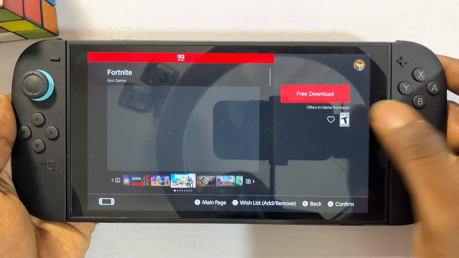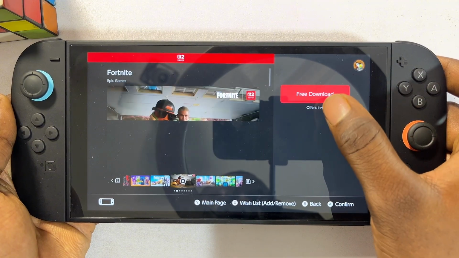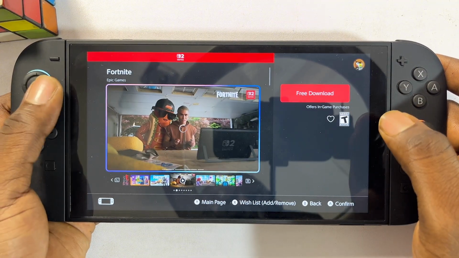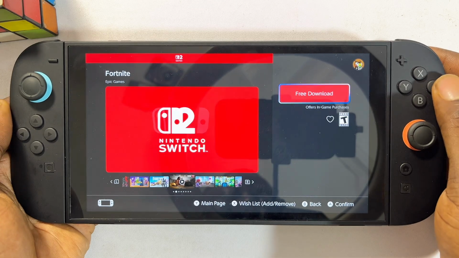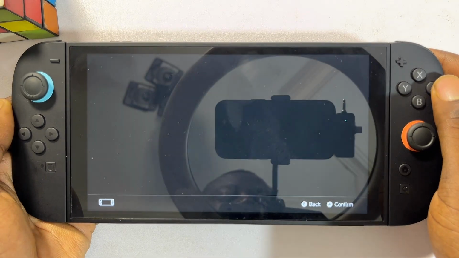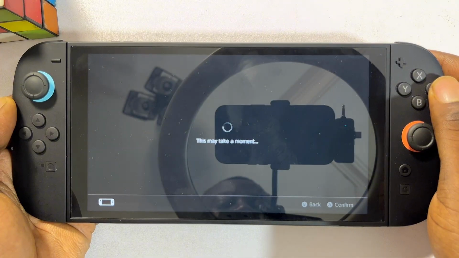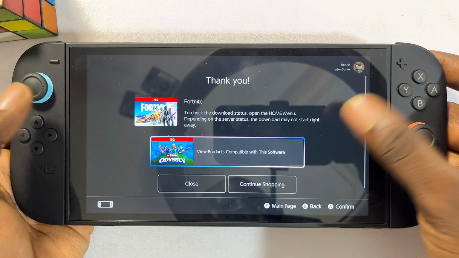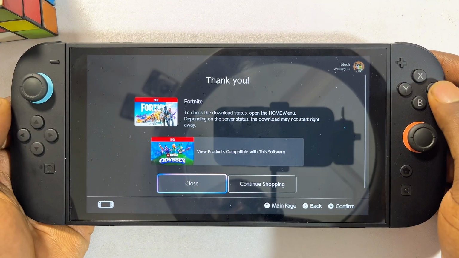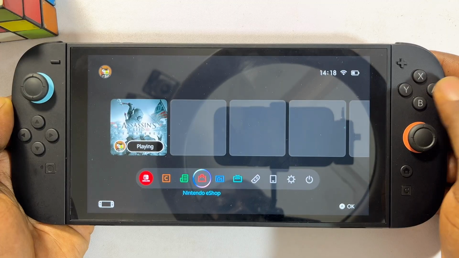So what you just want to do at this particular point is to navigate to the free download option over here. So just navigate to free download and click on download. And then you just want to scroll down and then click on free download over here. Now you'll be taken to the thank you page. What you just want to do is to scroll down and click on close to close the Nintendo eStore, and